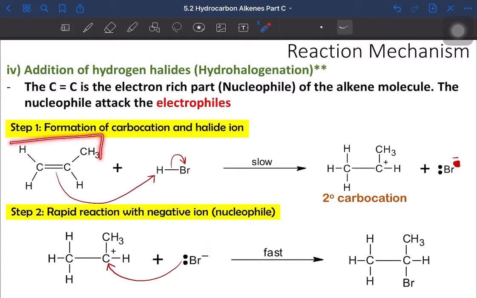So we have this alkene here. So this alkene here will react with the HBr. So in the alkene, we have the nucleophile, which is the carbon-carbon double bond. So the nucleophile will attack the electrophilic site of the HBr. So the electrophilic site of the HBr is hydrogen lah. Okay, because hydrogen